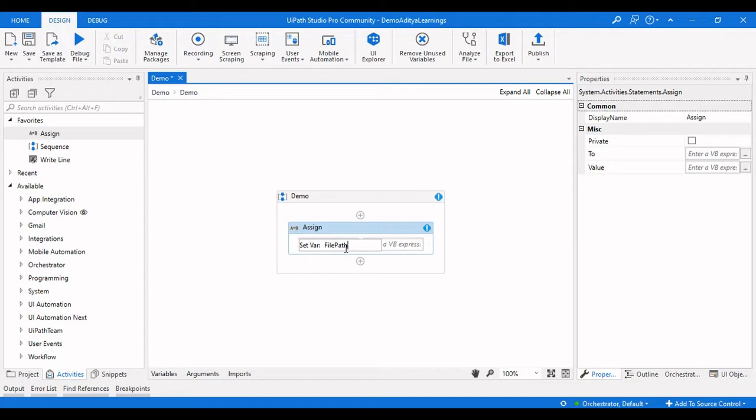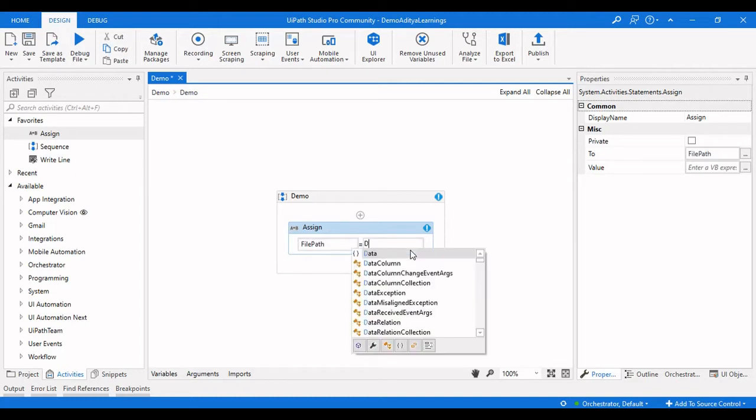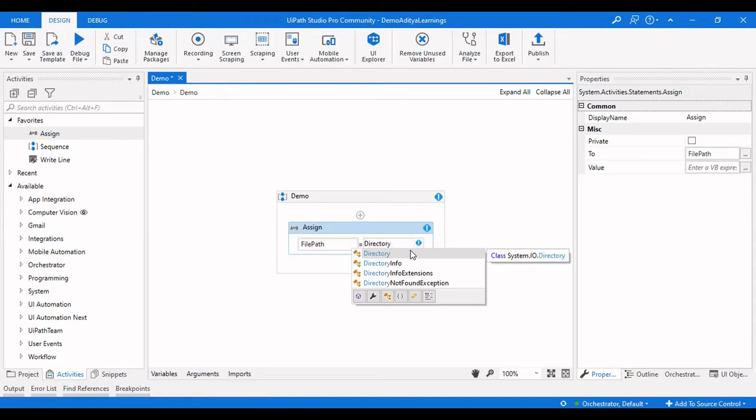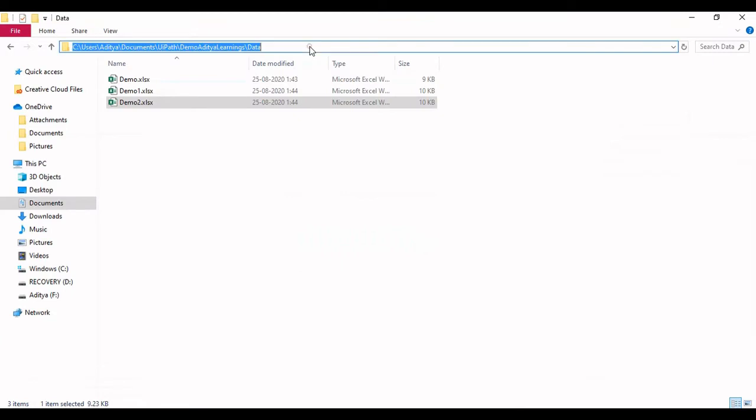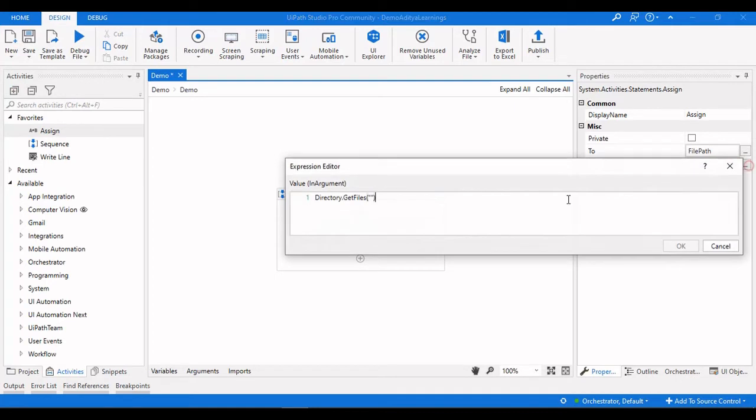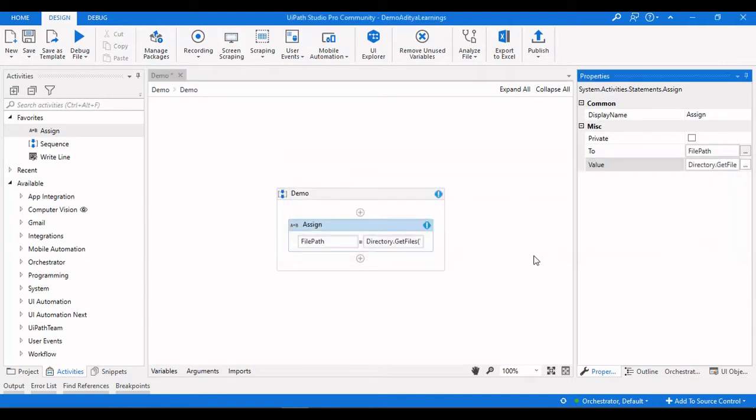We will use file path, and then I need Directory.GetFiles to get those data files from that particular folder, and then I need to give the path. So let me copy the path from here, go to UiPath Studio and paste it over here. It will give you all the three files which are present in that particular folder.